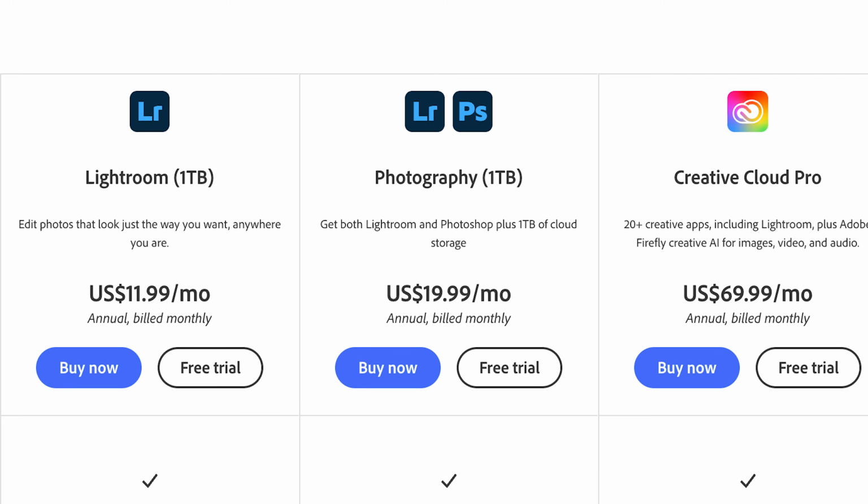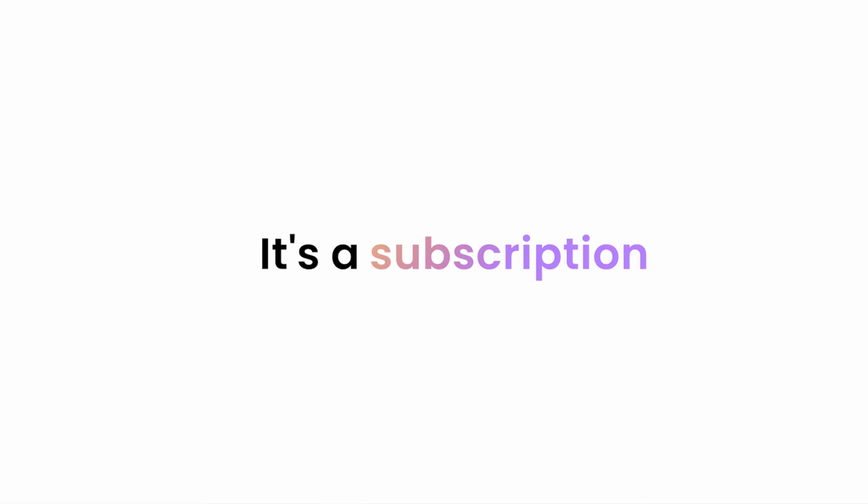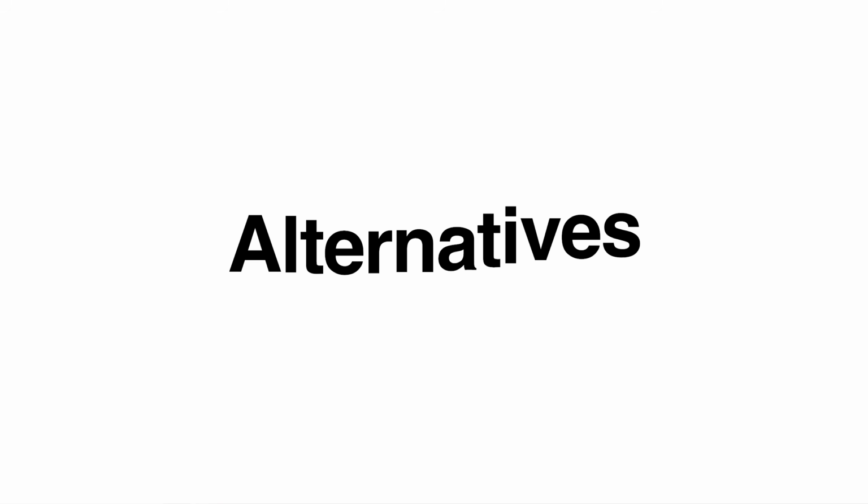Have you been considering subscribing to the Adobe Lightroom plan, or maybe even the Adobe photography plan, which includes Photoshop, and you're a little bit hesitant if you should do it, especially considering it's a subscription and you can no longer buy Photoshop or Lightroom? But before you decide to subscribe to one of these Adobe Creative Cloud plans, you may want to consider alternatives,